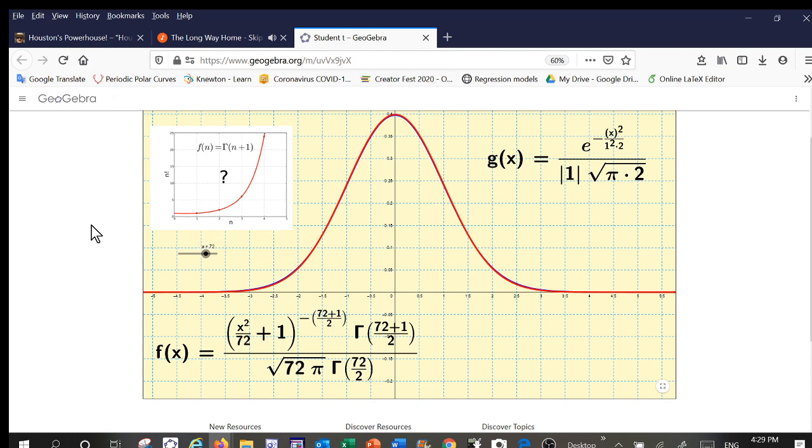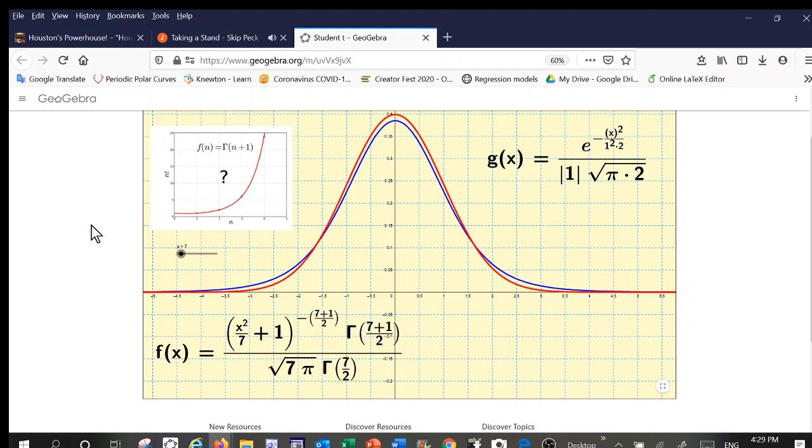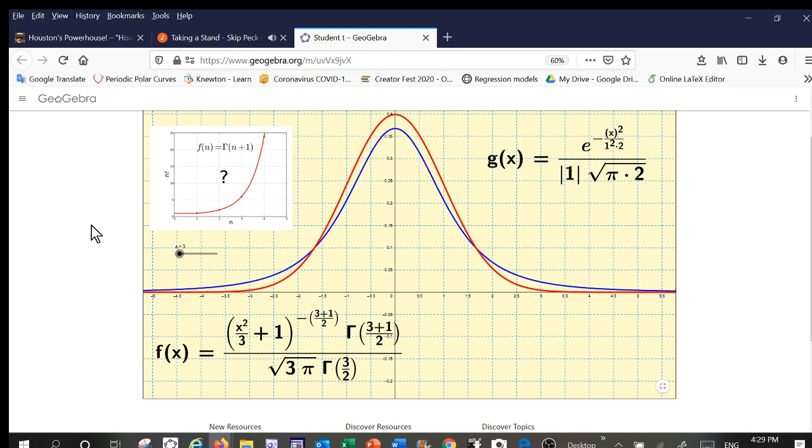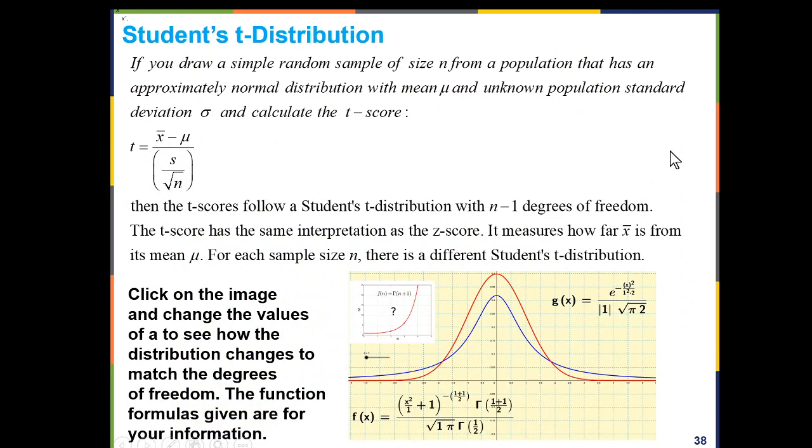But even if the sample size is large and we don't know sigma, we are not going to use normal distribution, we're going to use t distribution. That's the idea of the comparison of t distribution and normal distribution. As you see, as I change the sample size, for every sample size we have a t distribution. All right, so going back here,